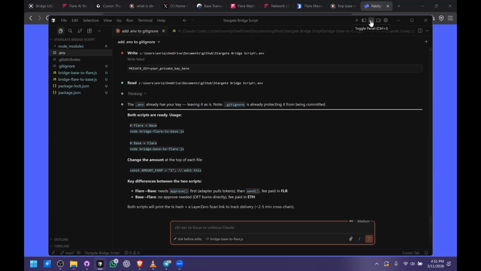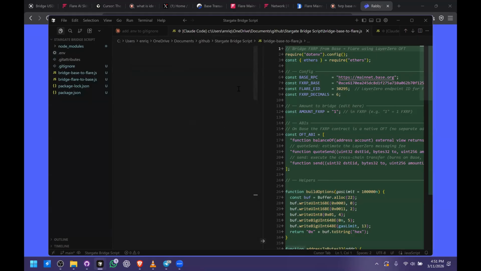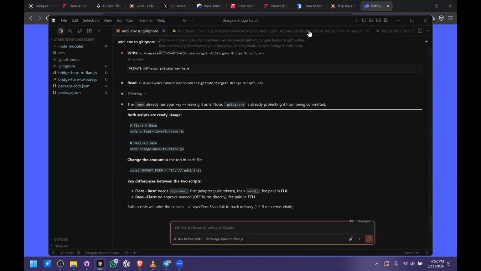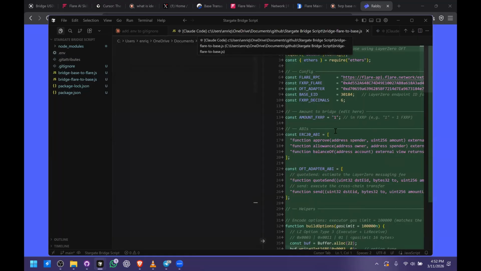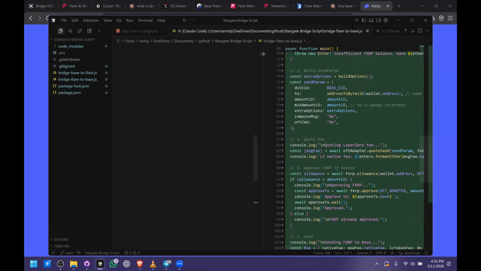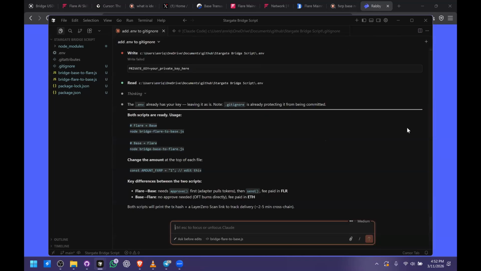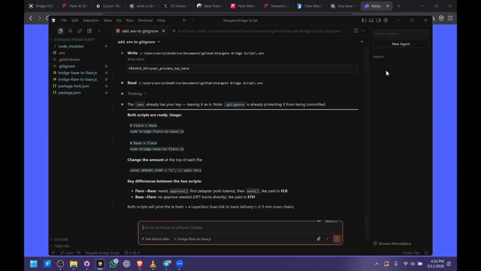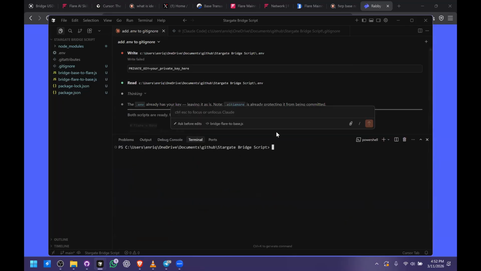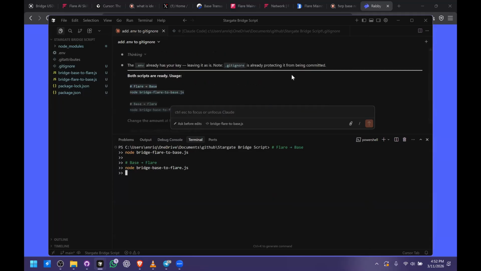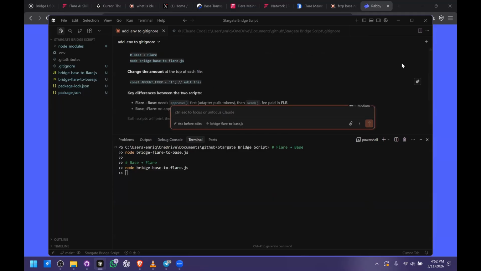Okay, so now here, I'm going to show you a little bit about this. So here you have your files, and this is all the things that you have. Here you have these things, which if you don't know code, it's kind of useless. But here you can see the files, like this is the script that we just created right now. So I'm going to choose this guy. Here you have your Cursor agent, which if you're not paying, you won't be using this. And then here you have access to your terminal. So I'm going to paste this. And then I think I need to